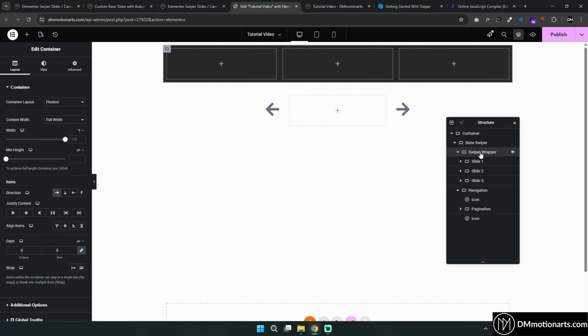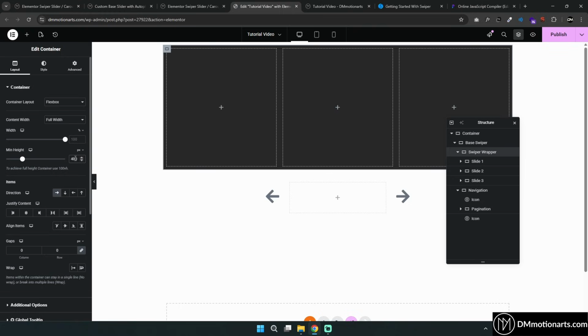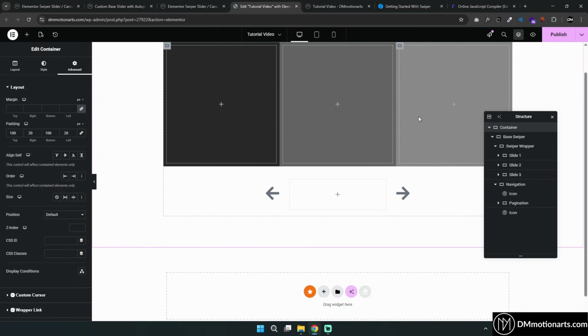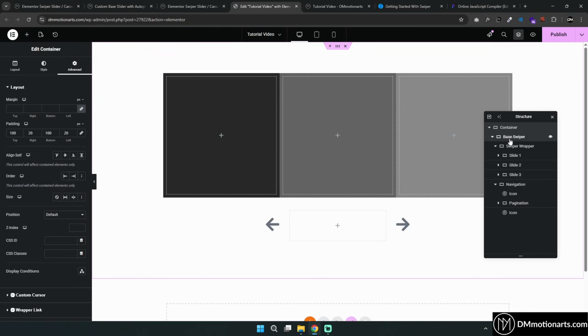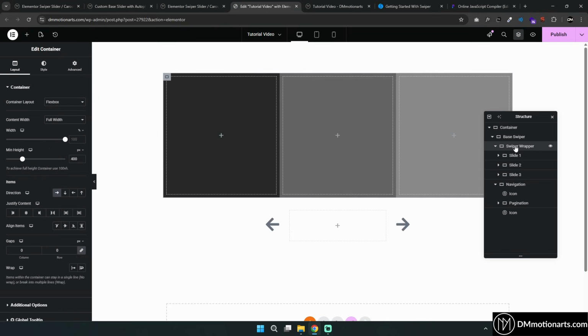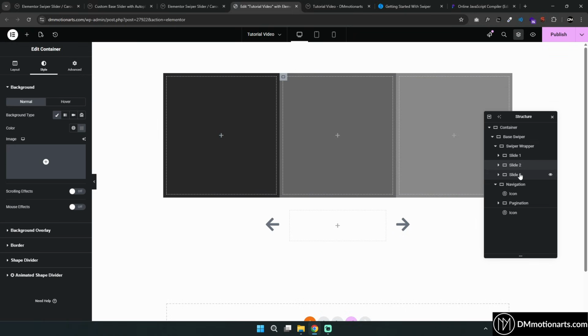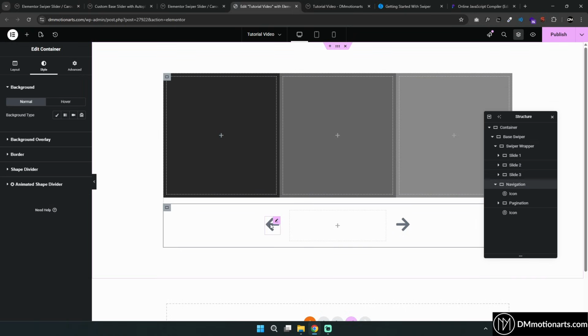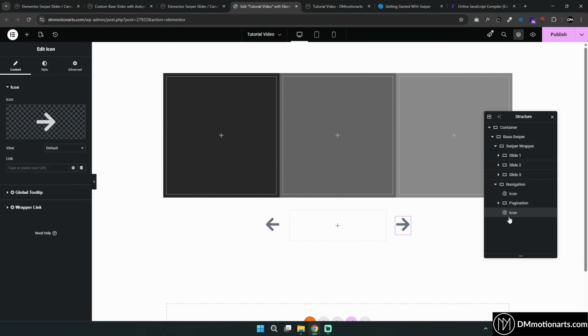You could see. Now the thing is, for SwiperJS to work properly, we need to give a swiper wrapper a sizing. If you don't add this, it would just not work. So it needs to have proper sizing so that it can calculate how much it needs to move the slides so that it works properly. Okay, so I just changed some color so that it's easy to see. So this is our base swiper, this is swiper wrapper. There are 3 slides. We have a navigation which has 1 icon, 1 pagination, and 1 more icon